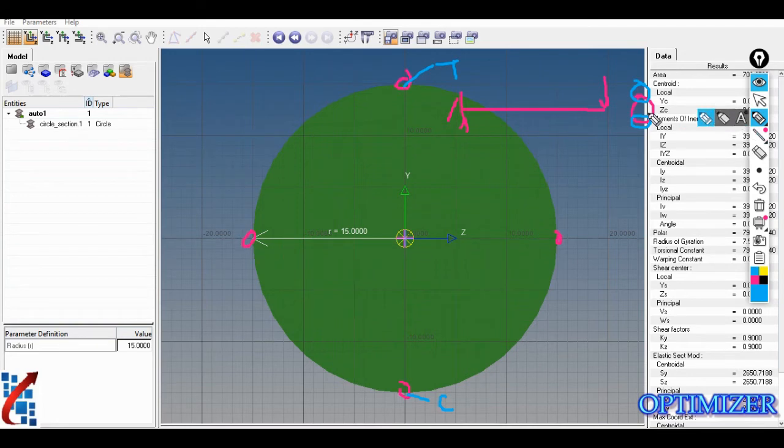And if you consider this middle axis, this is called the neutral axis, where stress is equal to 0. So you need to define these C, D, E and F points. How to define them and where to define them, we will see now.